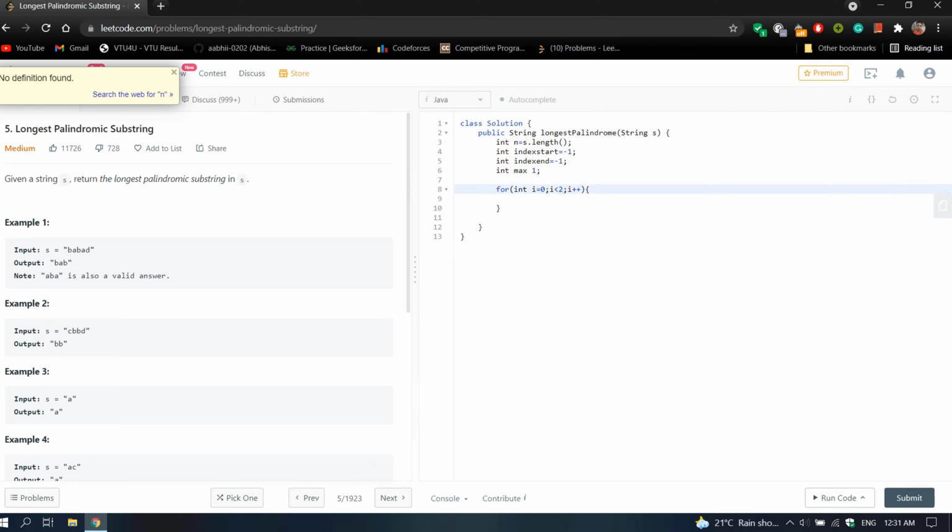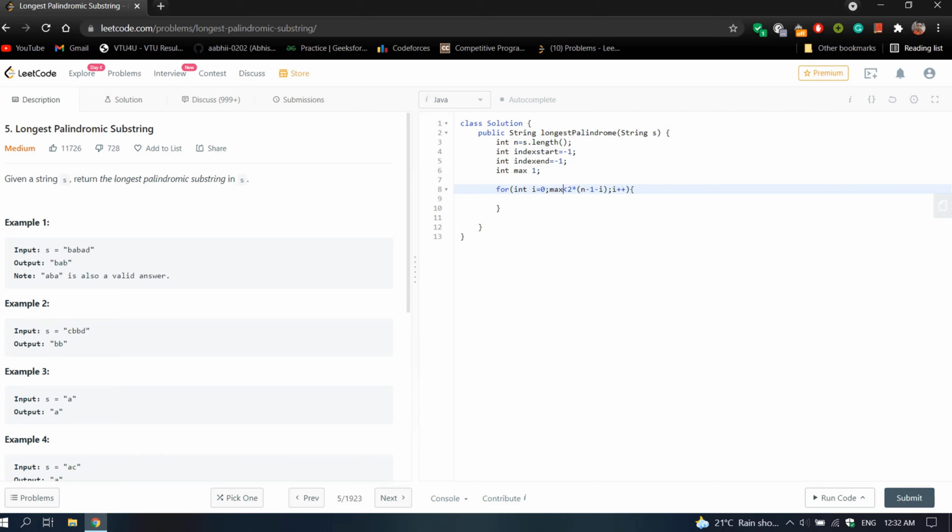So our first for loop iterator i is going to iterate the whole string. Instead of iterating the full array or string, we are going to iterate till 2 into n minus 1 minus i. This is because after we have crossed the half of the string, the possibility of getting a larger palindromic substring will reduce. So instead of checking throughout the full string, we will check till our possibility of getting the maximum palindromic substring is greater than max. If the possibility is less than the max value, then we will break from the for loop.